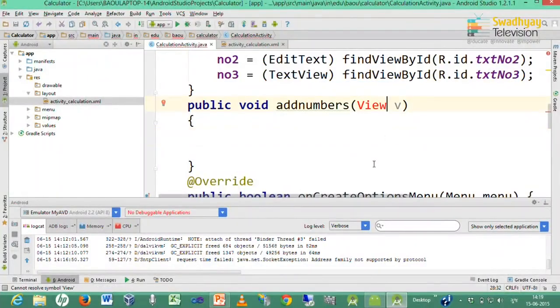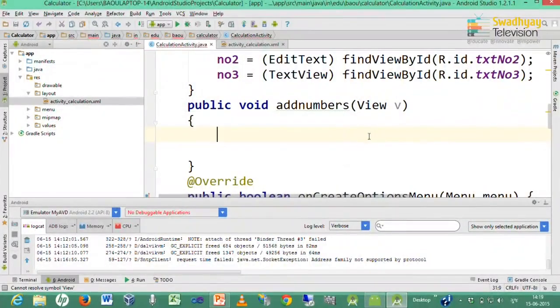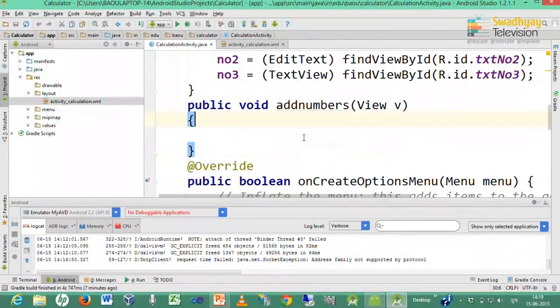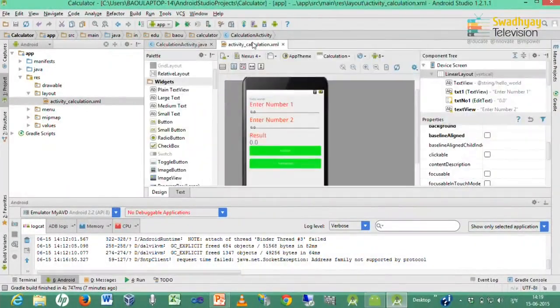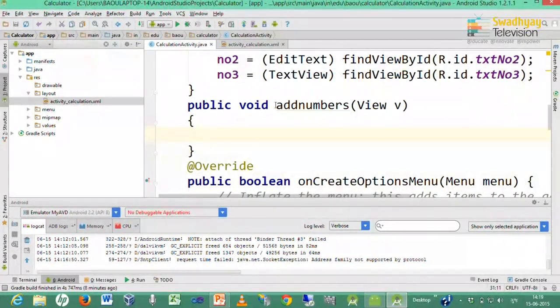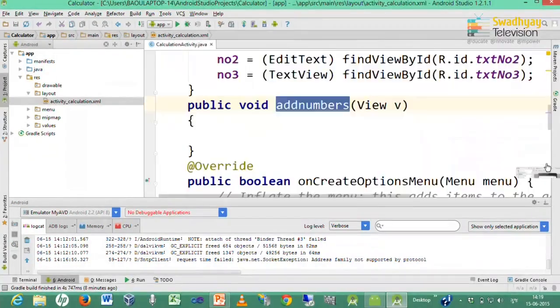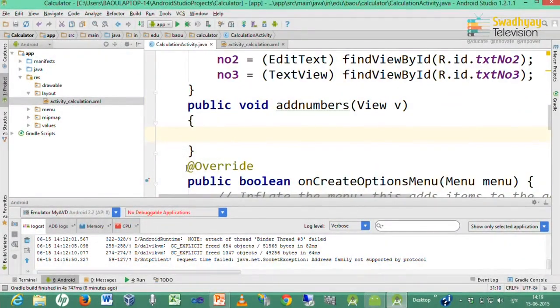So, the add numbers name and the on click name should match, otherwise it will not work, and it is case sensitive. So, you must write accordingly. Here we write code for what to do when the user presses this addition button when the app is running. That we specify inside this method, and the method name is specified in the on click property of this button.